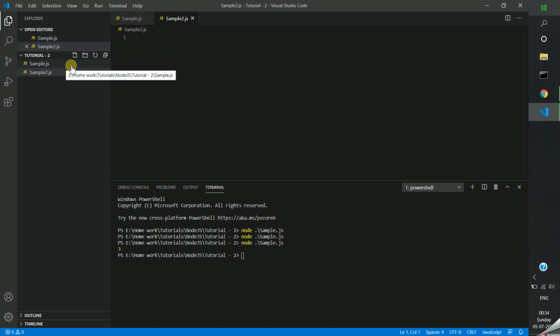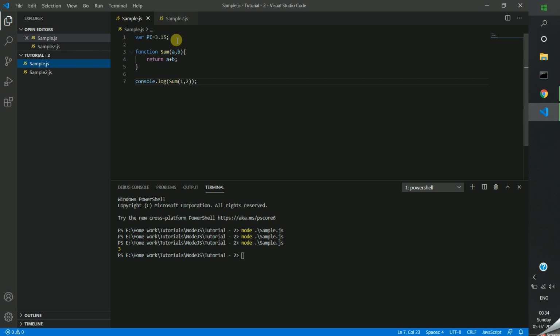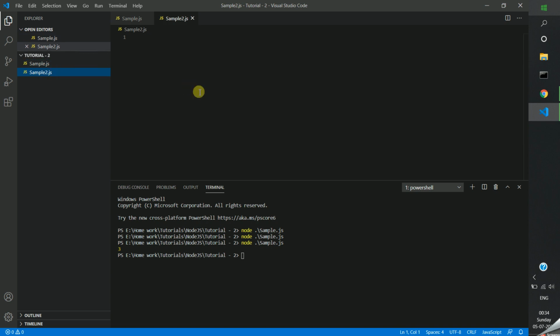I could not access the functions or variables that I have defined in another file. I could not directly access them from this next file, because those variables and everything reside inside the function wrapper, because every file is considered a module in Node.js. So then how can we use that?